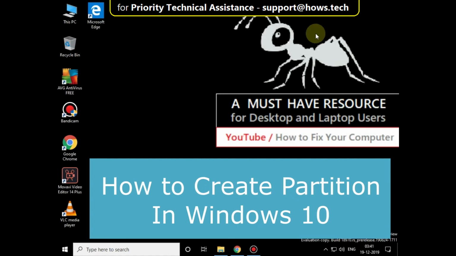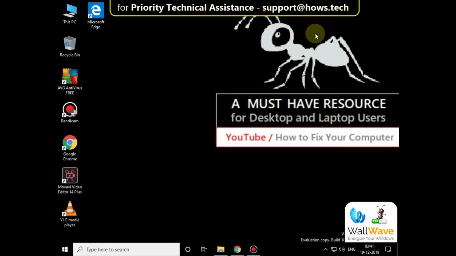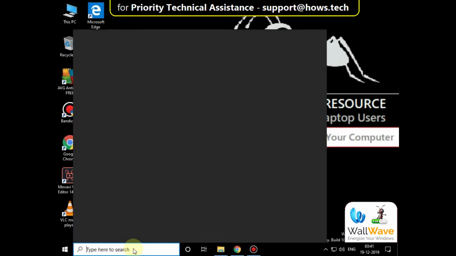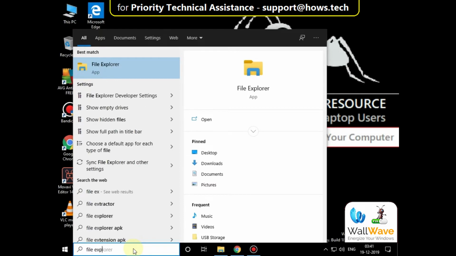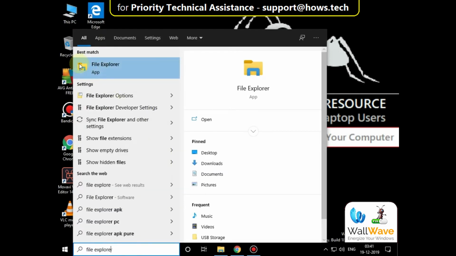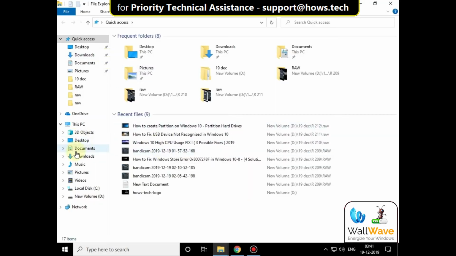I'm going to show you how to create a partition in Windows 10. So go to search and type File Explorer. Click here to open it. Right click on This PC